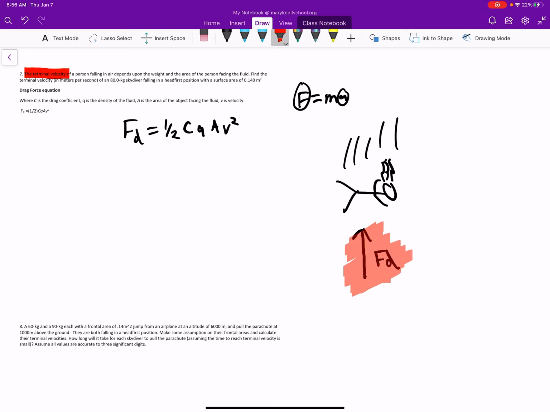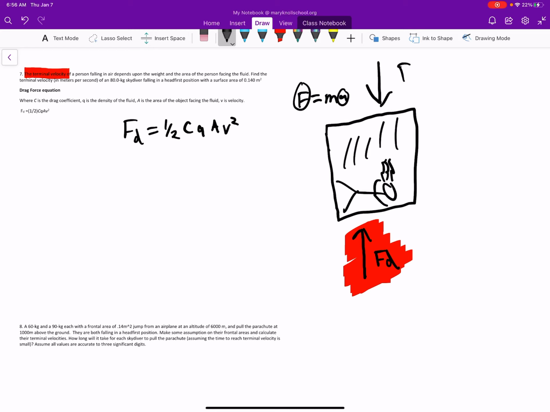And then there's also another force going on, which is the force of gravity, and it is pulling down. So let's make this system here, and then there's another force pulling down, and that's the force of gravity. And these two forces